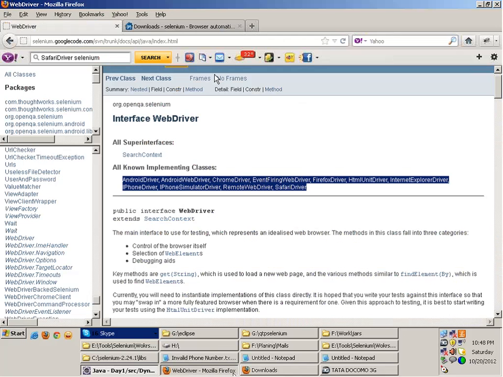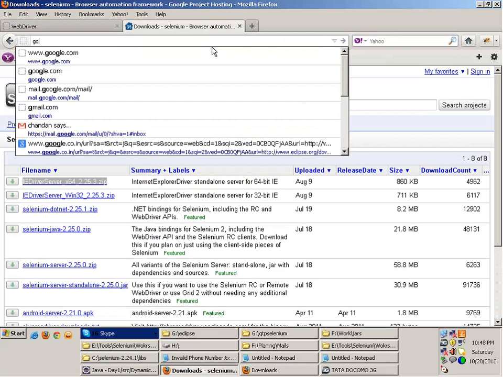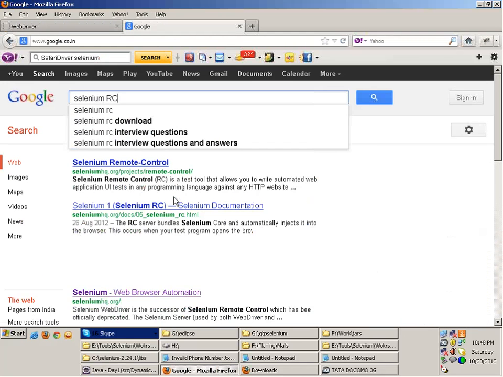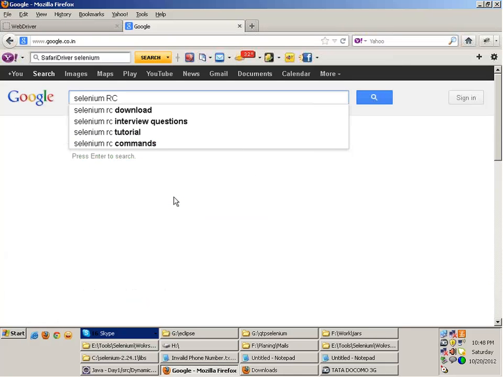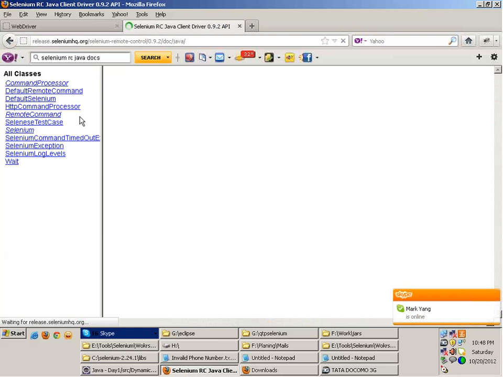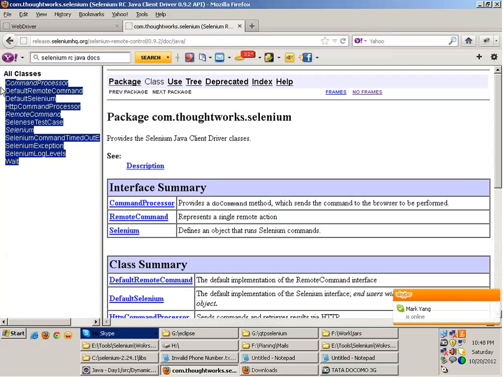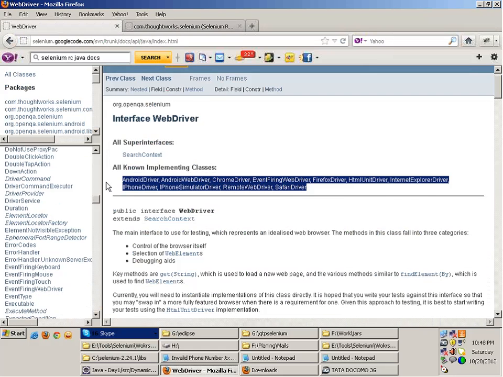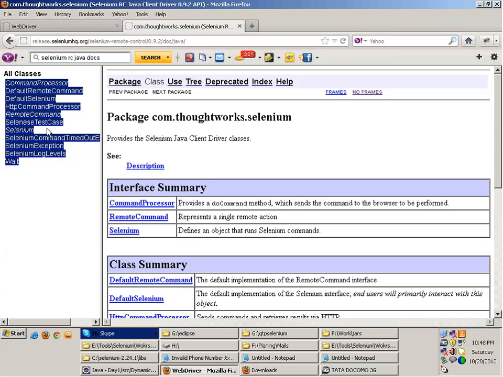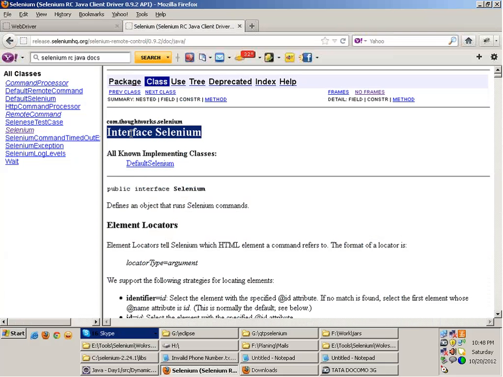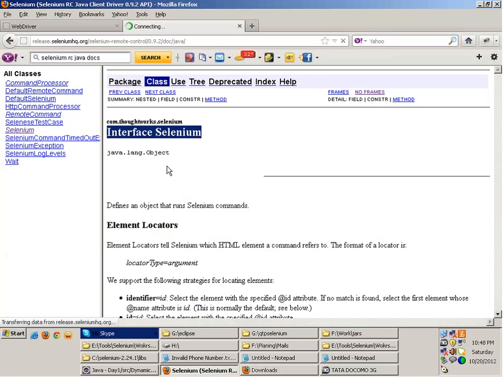Right? Now if you go to the older version of Selenium, Selenium RC, which was the older version, I talked about it earlier in the class, right? Selenium RC Java docs. If you look at the Java docs for Selenium RC, I'm just comparing WebDriver with RC right here. If you look at the API, then these are the classes in RC, just hardly 10 classes or something. If you look at the WebDriver, then these are the classes in WebDriver, it's huge. In RC, Selenium was an interface, and this is the default Selenium class which actually implements it.